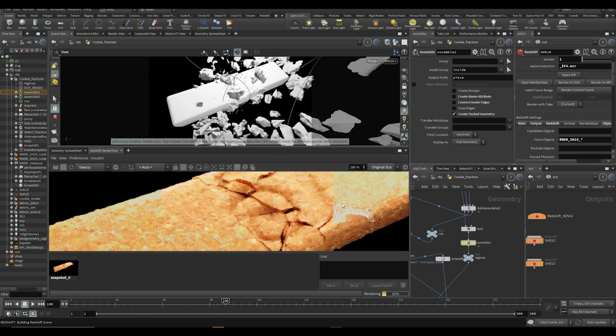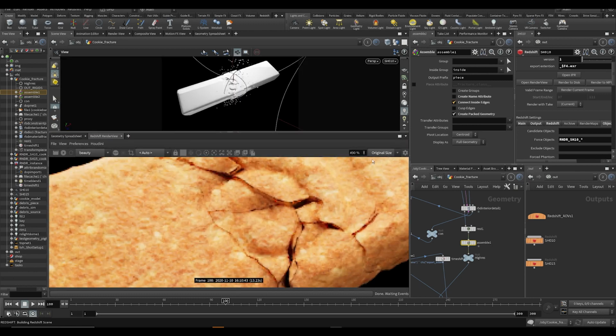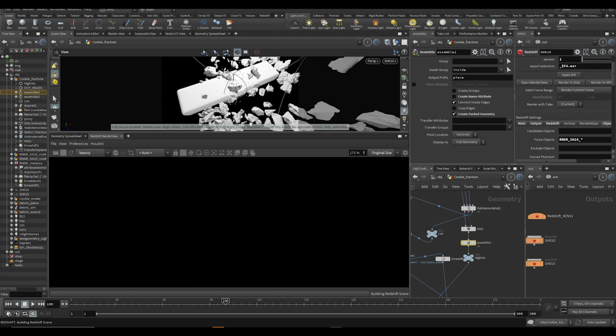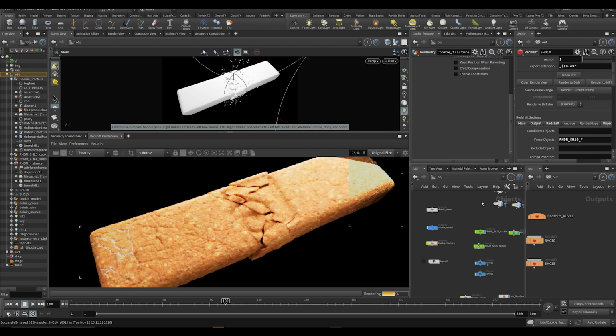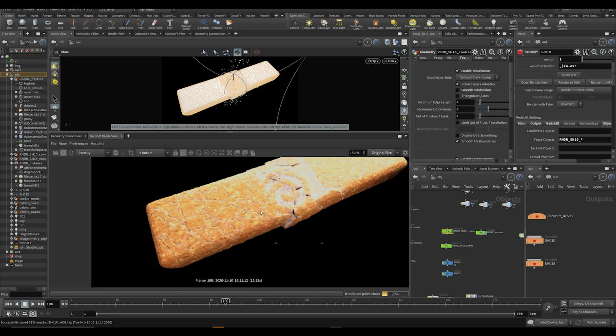So what's happening here is that we have a fractured object here, and the base part and the interior part are not connected properly. So that's why we're getting this weird stuff here. If I enable connect inside edges and press render again, then we don't have that issue. So we do have some stuff there. So I think what we can do to fix that is to change some of our settings here. Let's turn off smooth subdivision. I think that might already make a difference. I'm not sure, but